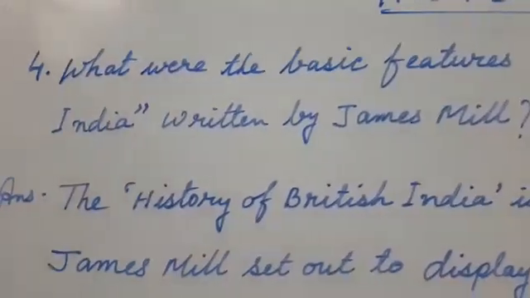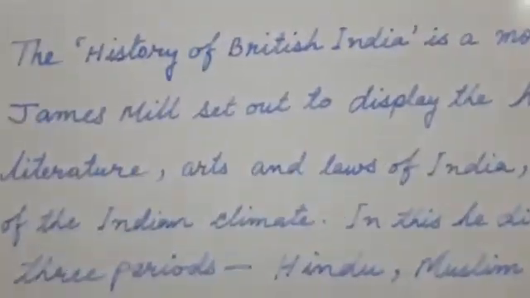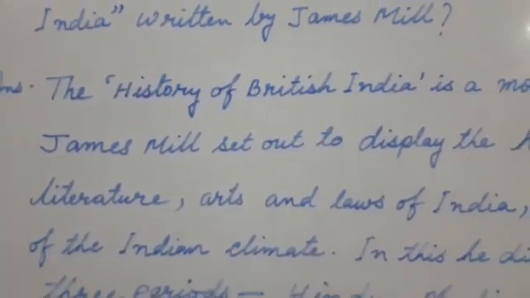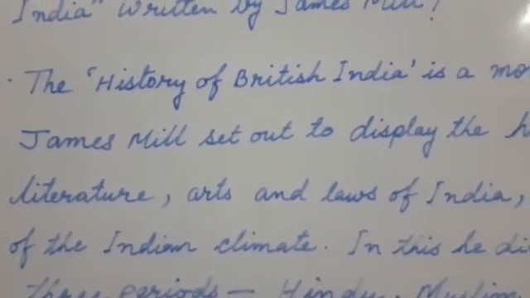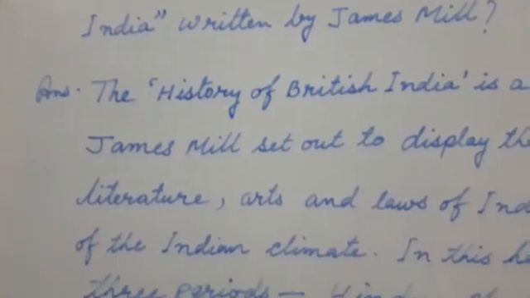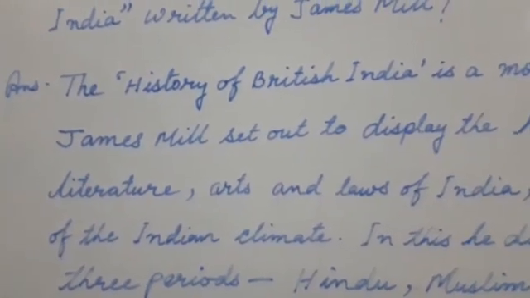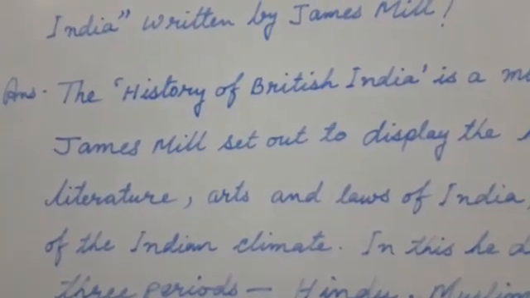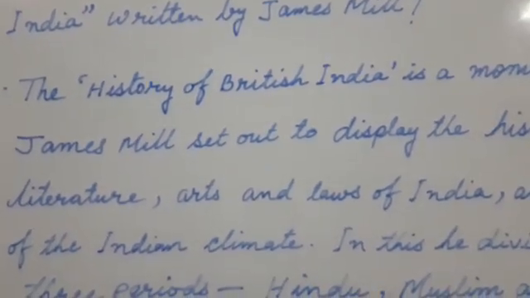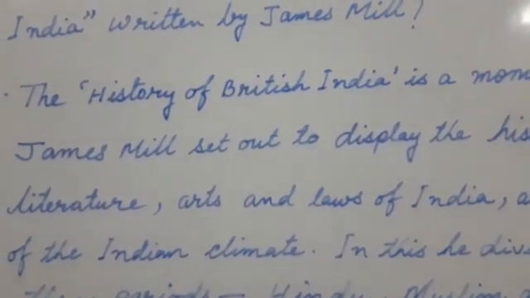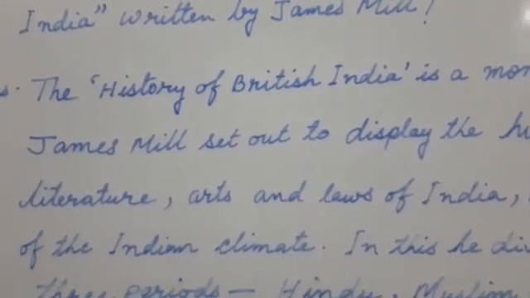Now we will go through the answer. See, the answer for this, I know if you have copied from the book, many of you have done wrong. So you have to write this answer, whatever I have given. So go through very nicely in full screen. The History of British India should be written in inverted commas. It is the name of a book.